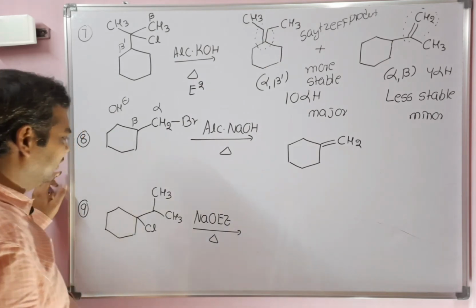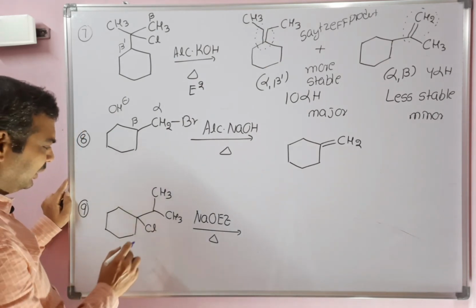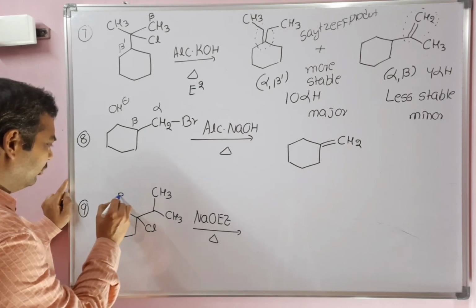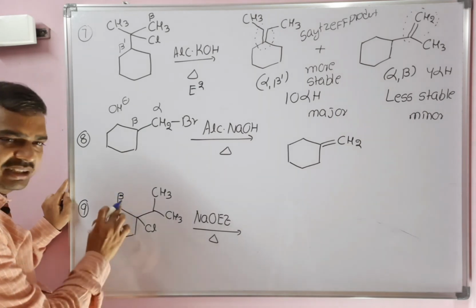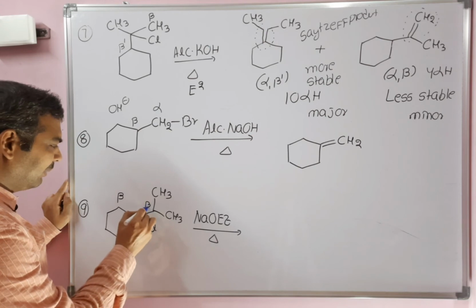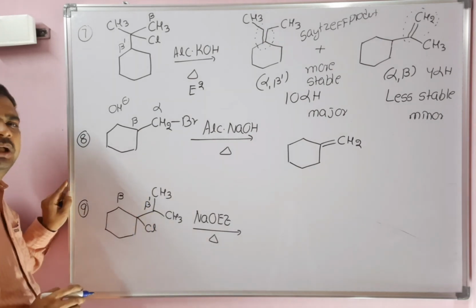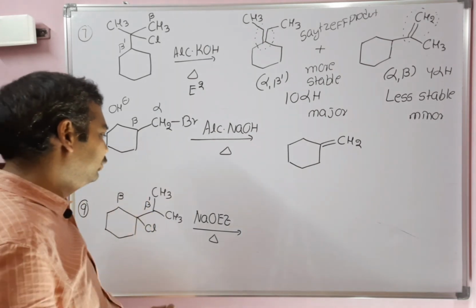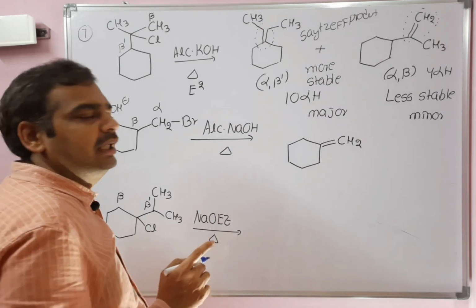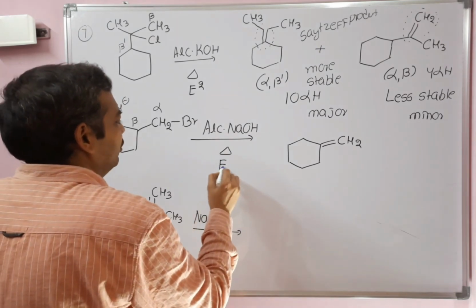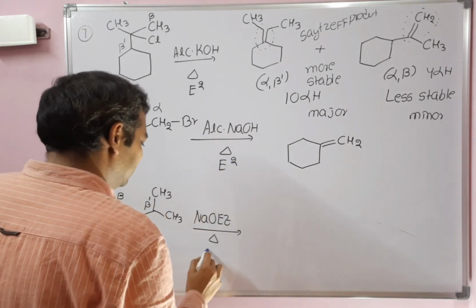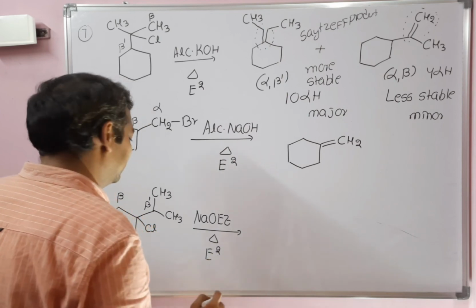Coming to the last example. So here this is a cyclohexyl isopropyl group. So here also, beta carbon. So these two betas are same and this is a beta prime. 2 types of beta carbons are there. Definitely 2 elimination products are expected to be possible. So since it is a strong base, it is an E2 elimination reaction.